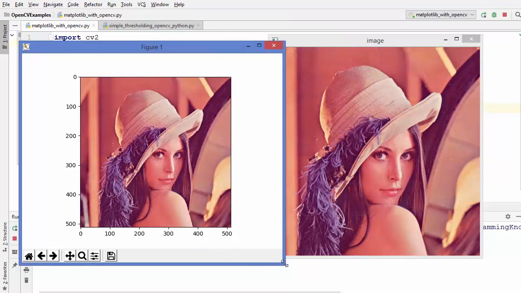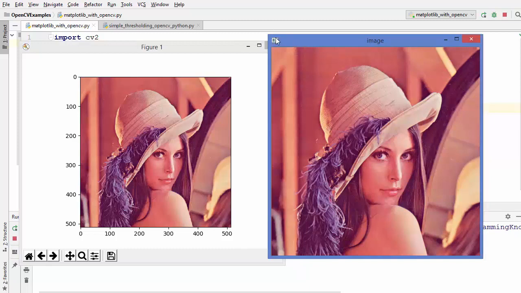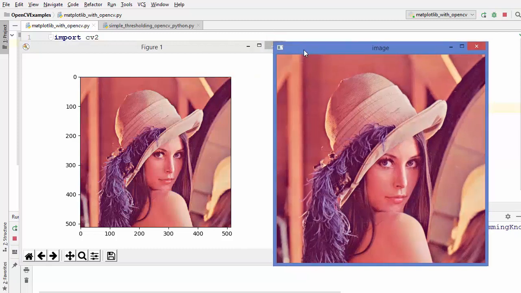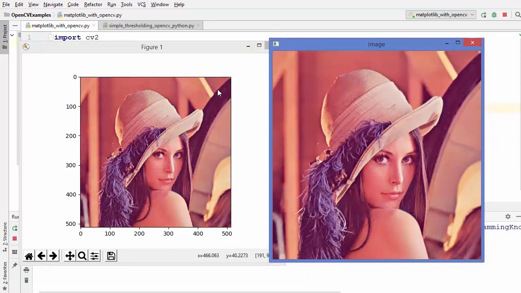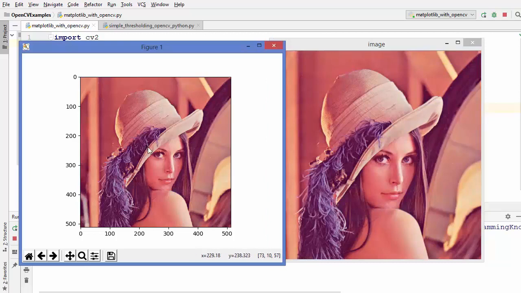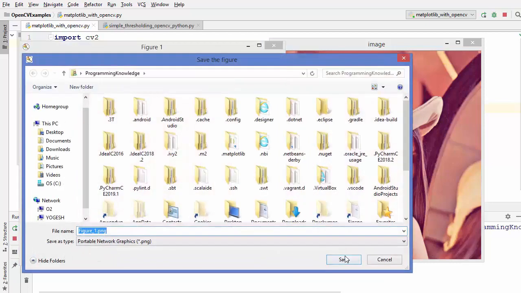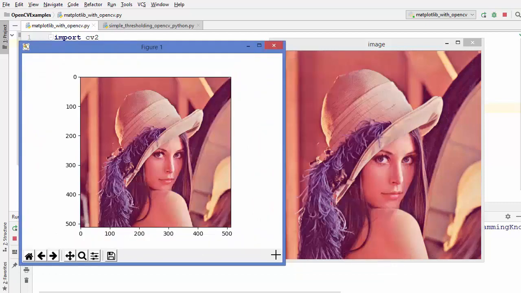Now let's see the advantages of using matplotlib. So you can see this is quite a static window, but when you see in matplotlib, when you hover over this image, you can see x and y coordinates of the mouse point, and this is helpful. You can also save this image in the form of a PNG file, so you can just press this and save this image wherever you want.